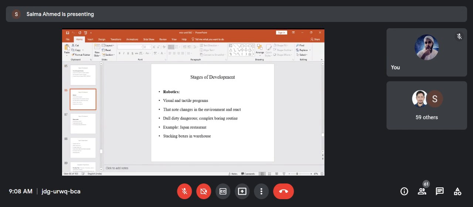The second stage of development is robotics, which sees changes in the environment and responds accordingly. So they are visual and tactile programs. Visual is a program of sight, and tactile is a program of touch. Robots do the DDD, that is the dull, dirty, and dangerous work, and the CBR, complex, boring, and routine work for human beings. One example we took is stacking of large units, say boxes and cartons, close to the ceiling in a warehouse, and